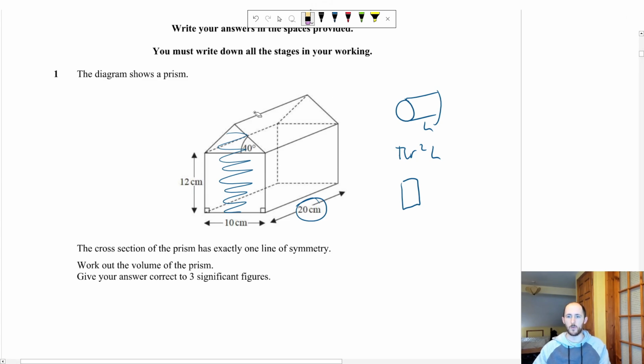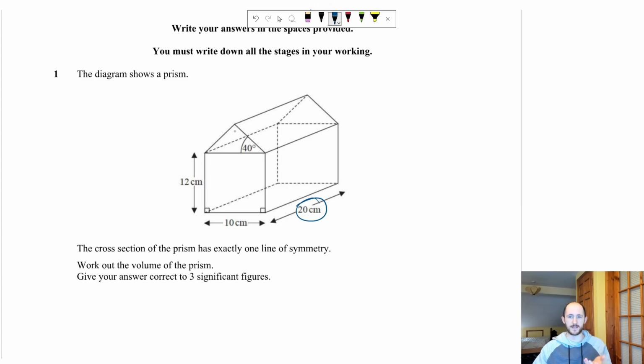So in this case, we have a different style of prism. The reason why that's really important for the grade 9 version of this is that this is a compound shape. It's unusual. You wouldn't have come across an equation that tells you how to work out the volume of a house-based prism, whatever you'd want to call that. Instead, they expect you to know that it's going to be the area of this front shape, this whole thing here, this rectangle and triangle added together, then you times it by 20. So that seems like not that much for 5 marks, but if you have a look,